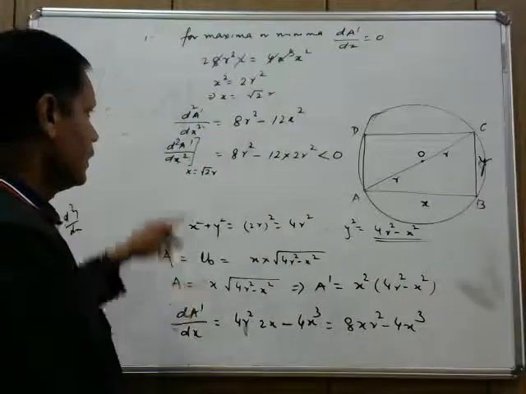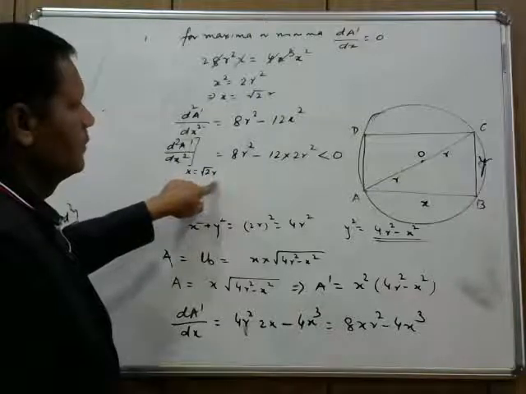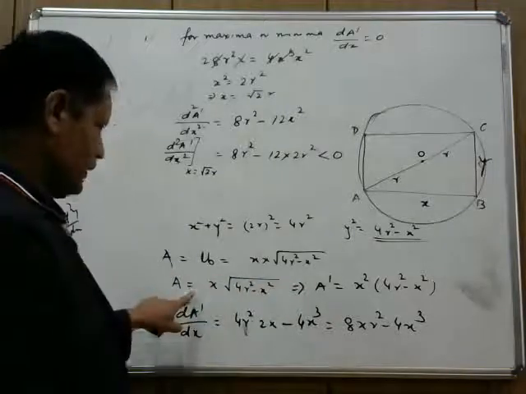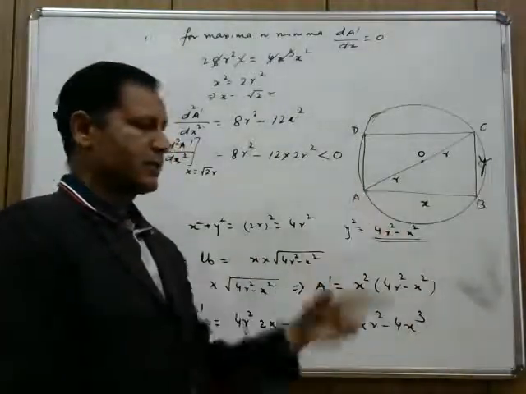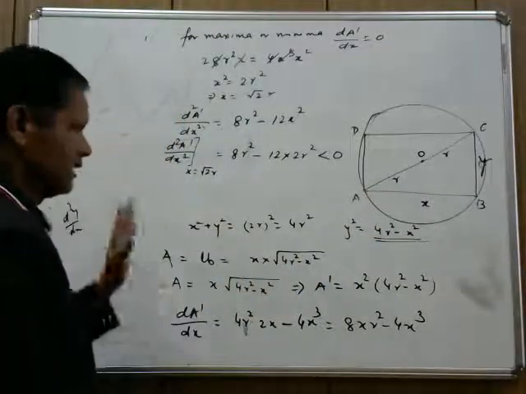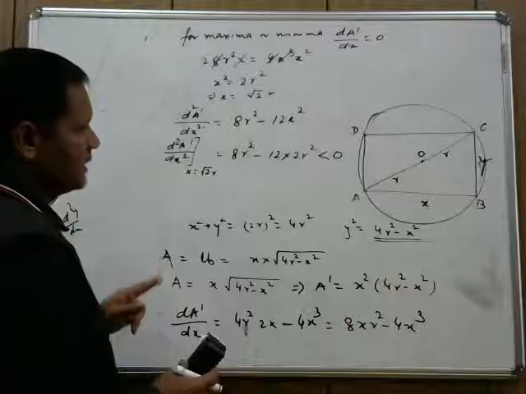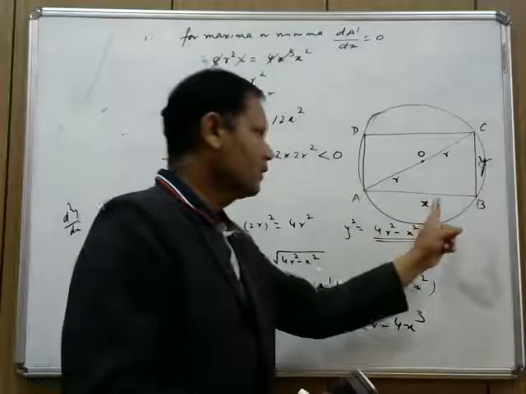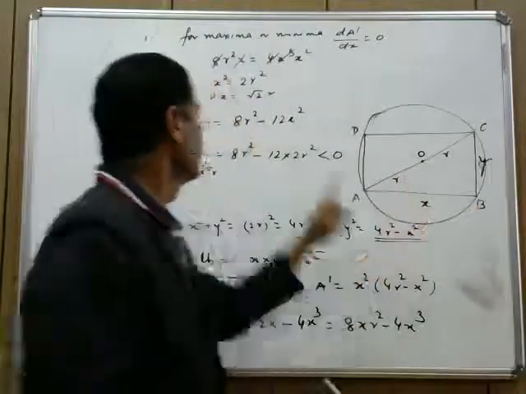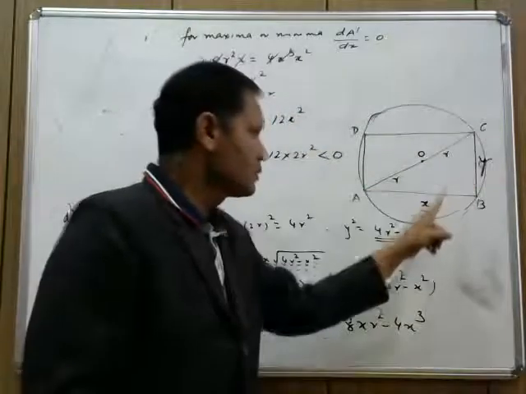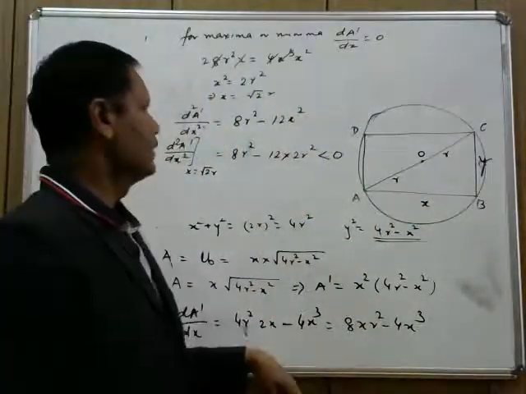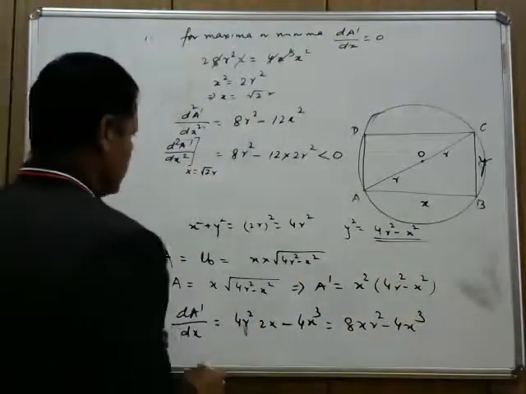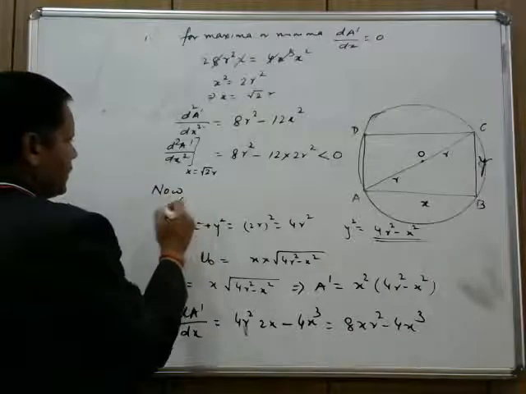And therefore, at x is equal to root 2r, the given function, which was A dash or x square into 4r square minus x square, has maximum area. This part we have done, and now we will prove that yes, hence area is maximum. Now let us see that this will not be a rectangle, it will be a square. That means I have to prove that when x is equal to root 2r, then y is also root 2r, and for that I have to put the value of x square in the given function. y square is equal to 4r square minus x square, and therefore now the last part of the question we will do.